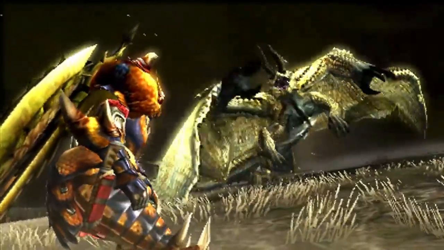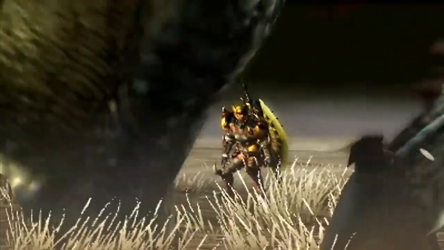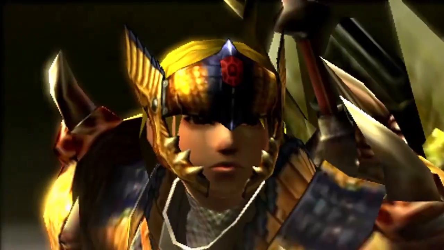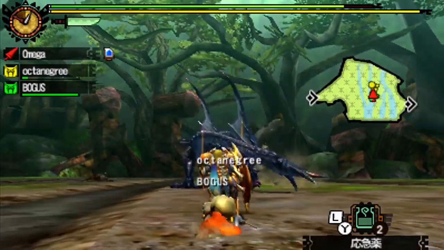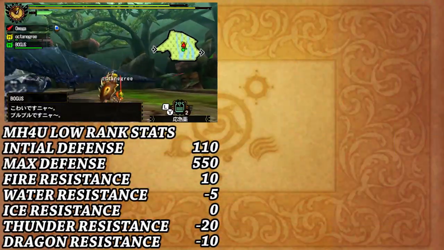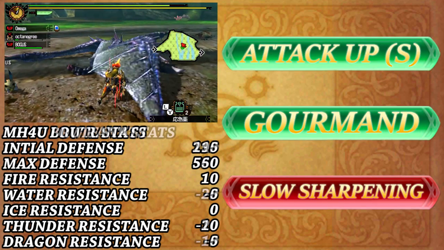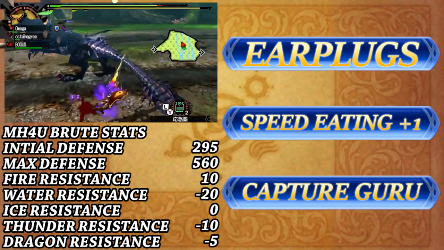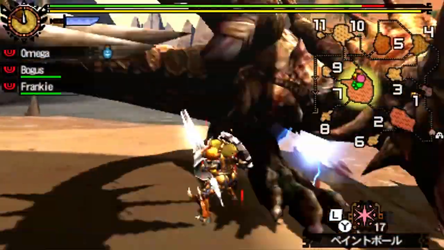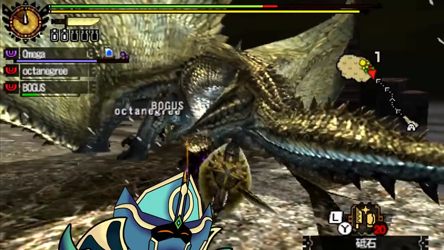Of course, looks aren't everything, and trust me when I say these pieces of plating are packing some pretty powerful perks, +1 for alliteration. In my eyes, the standard TRex armor has a greater focus on attack, with the skills Attack Plus and Gormogon, whereas the brute version is more well-rounded with earplugs, speed eating, and capture guru. So each of them can offer something different for the player, and aside from slow sharpener, I see no downsides